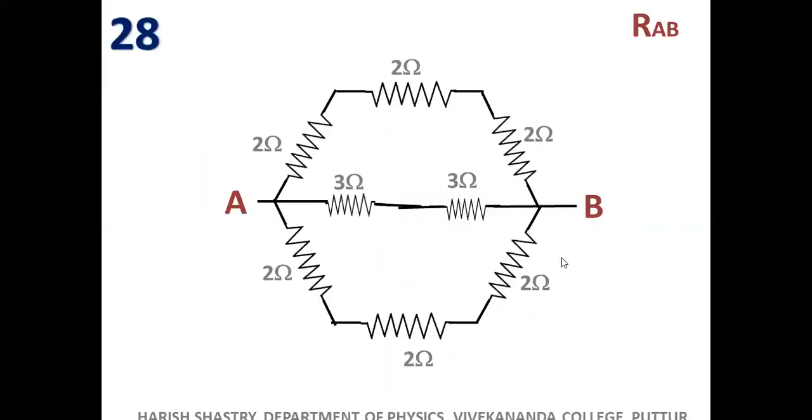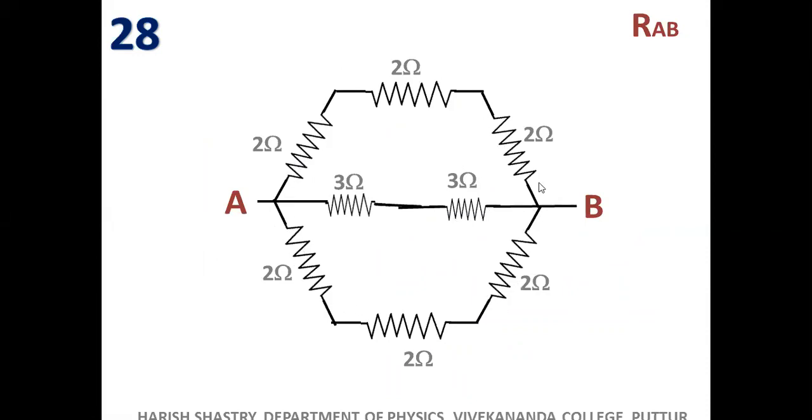The 28th one, yes. From where will you start? As usual, resistance between A and B is asked. We have so many paths here which are easily removable. This chain can be removed and replaced across A and B. This chain can be removed and easily replaced across A and B. This chain independently can be removed.